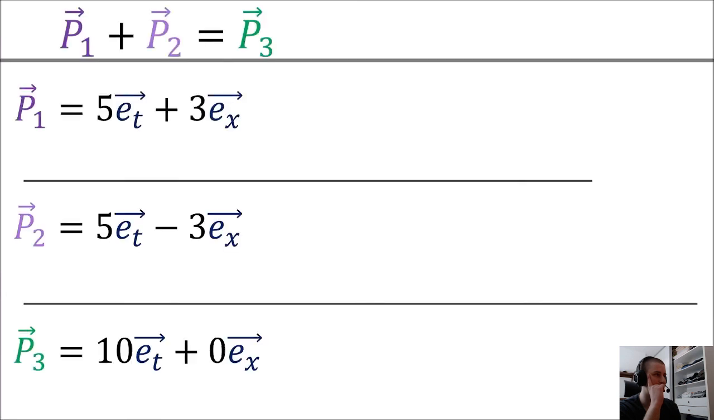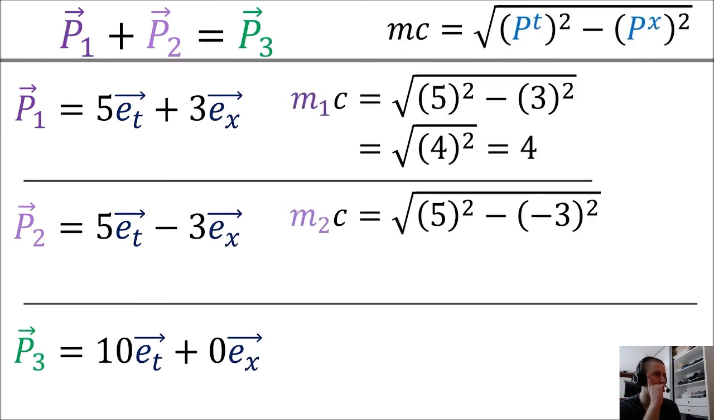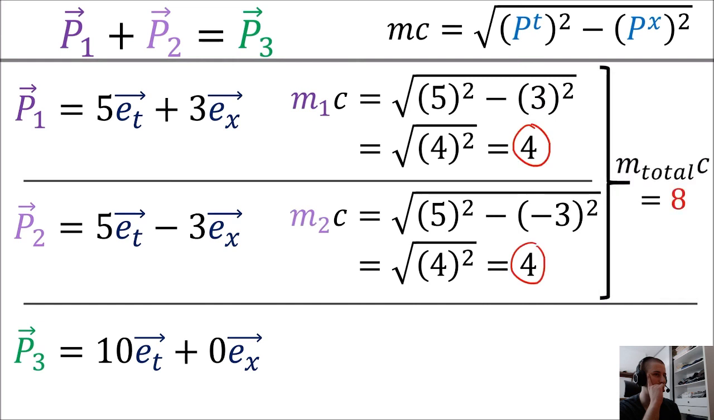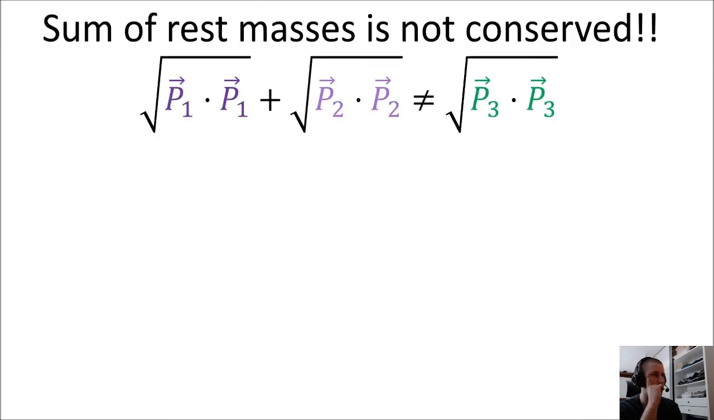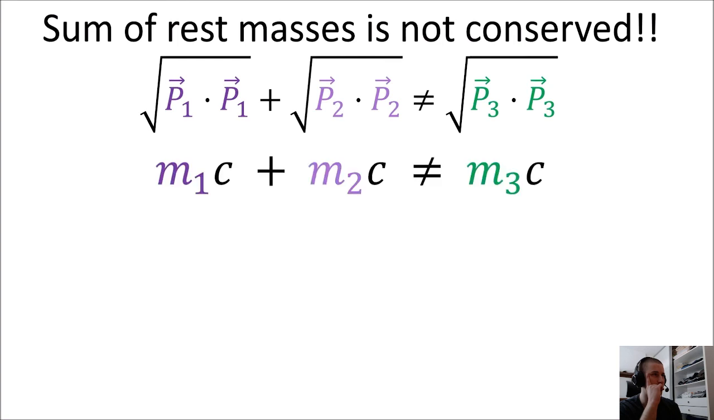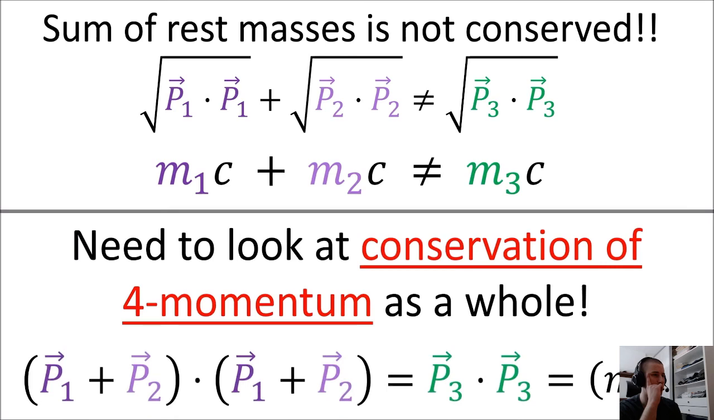Interestingly, if we calculate the mass of each of these objects using the mass-energy-momentum relation, the total mass of the objects before the collision is 4 plus 4 equals 8 mass units, but the mass of the particle after the collision is 10 mass units. This shows us that in special relativity, the rest masses of individual objects is not a conserved quantity before and after collisions. We need to remember to look at conservation of 4-momentum as a whole instead,